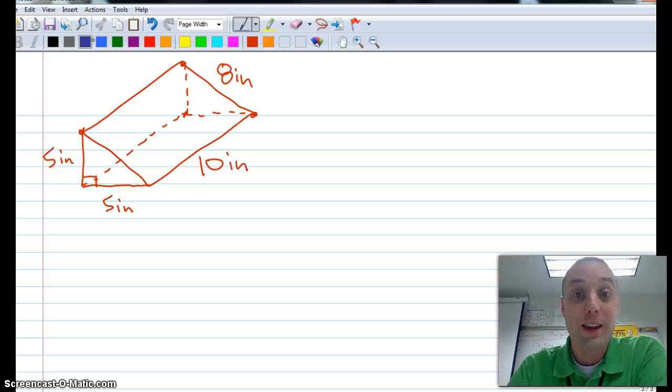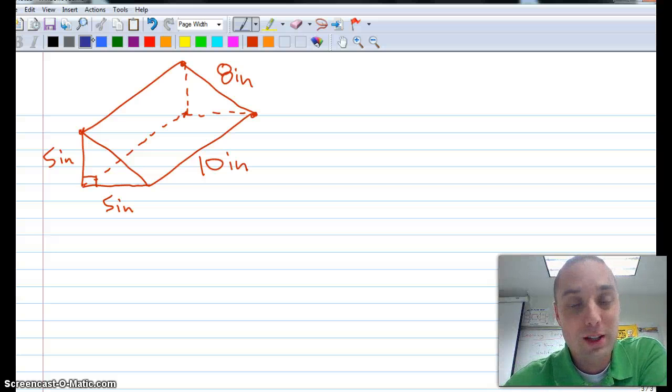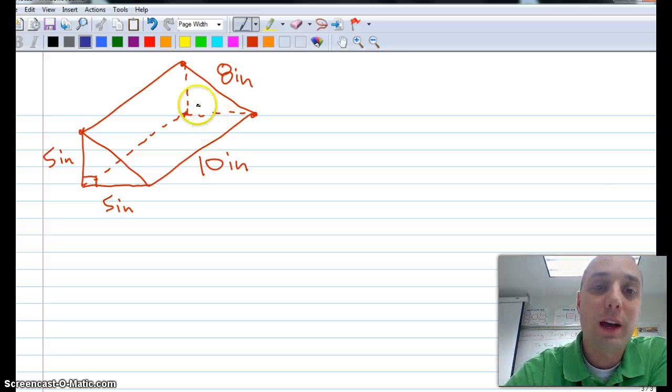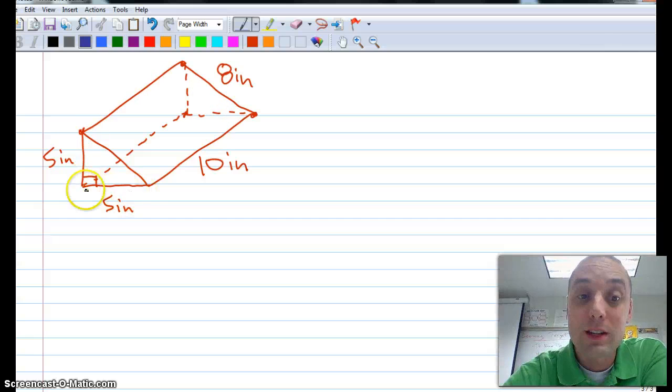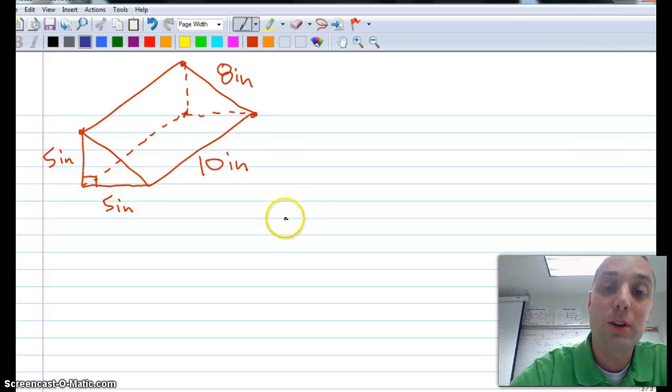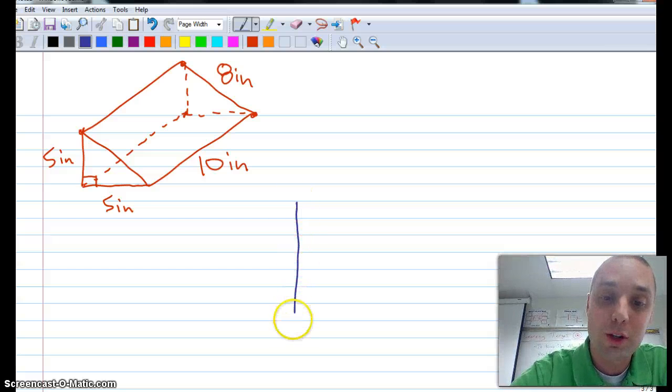We want to draw a net for a triangular prism because there are all the types of triangles, whether it's isosceles, equilateral, or scalene, scalene being the toughest one, because this is going to produce 3 different lateral faces. In this case, because it's isosceles, there's going to be 2 different lateral faces. So come down here and you want to draw the net relatively large because we're going to show our work